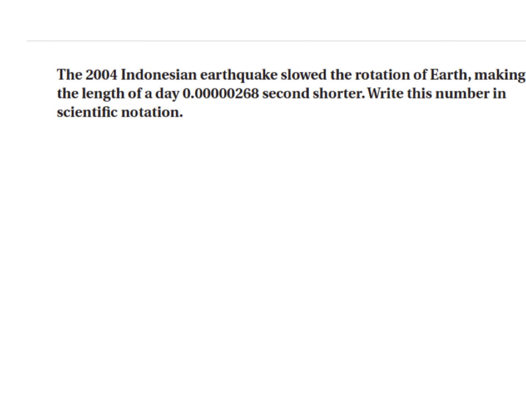Now let's go the other way. Now we have a really small number. In 2004, an Indonesian earthquake slowed the rotation of the earth, making the length of the day 0.0000268 seconds shorter. Barely anything at all, but we still need to do it. I want my decimal point to go right here because my factor's got to be between 1 and 10, remember, not over 10. So it's going to be 2.68